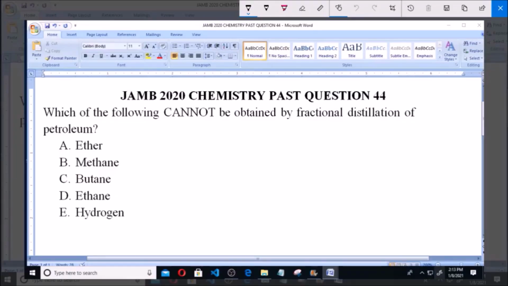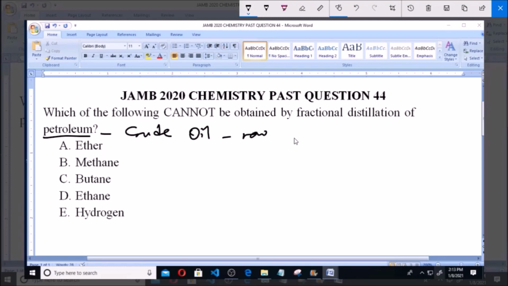I will be answering JAMB 2020 Chemistry Past Question 44. Which of the following cannot be obtained by fractional distillation of petroleum? A. Ether, B. Methane, C. Butane, D. Ethane, and E. Hydrogen. Now, petroleum, also known as crude oil,